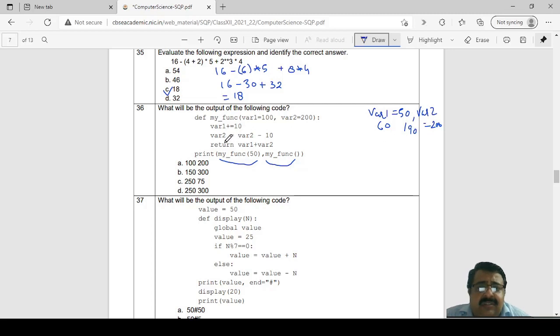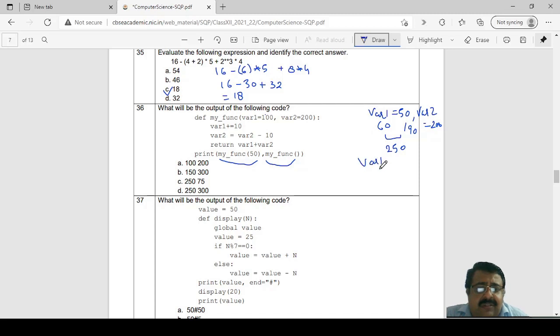Then return var1 plus var2. So sum of these two, that is 250, will be returned. Then myfunc. So var1 is 100 and var2 is 200.